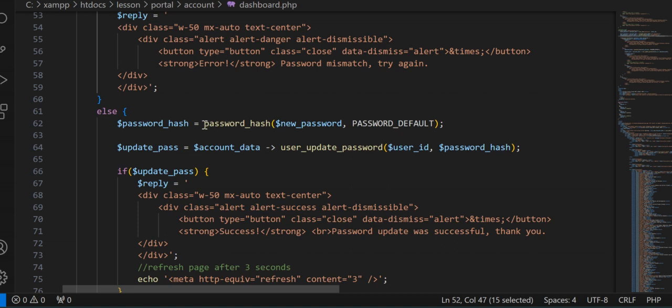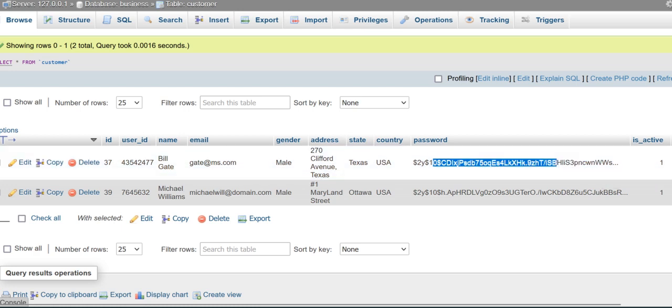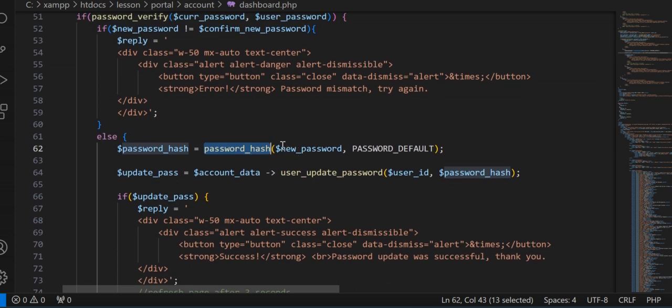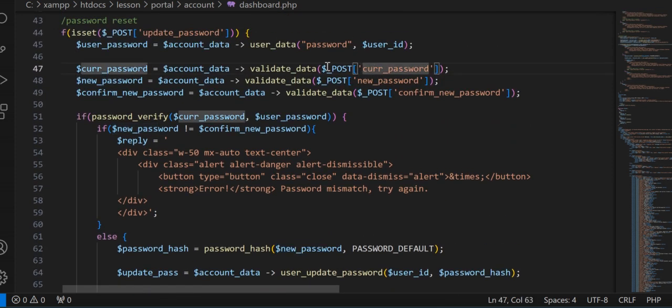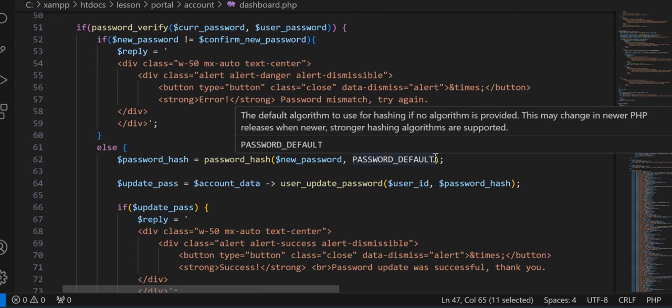password hash equals to, now we are trying to hash the new password. In order for you to hash a password, to have this kind of values, we use password hash. Then this is the password we want to hash. We want to hash the new password, which is from the user form. Then this is the encryption method we want to use, password default. We want to use the default encryption. Okay, there are different types of encryptions, but I like using this default encryption. Then having hashed the password,